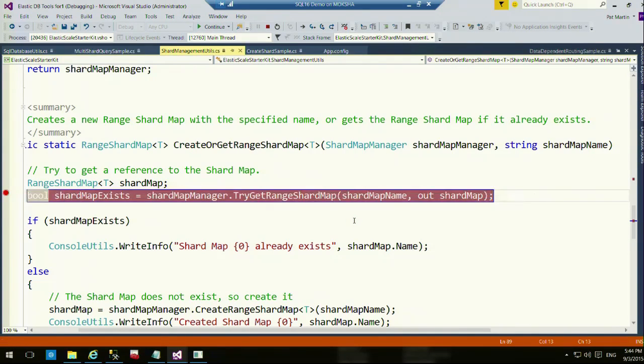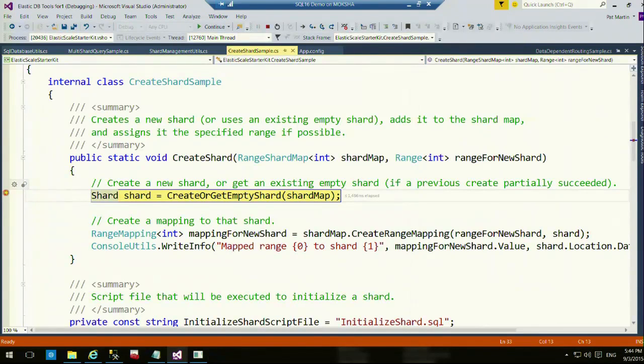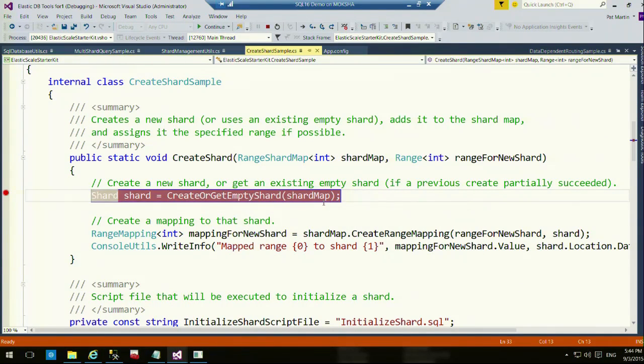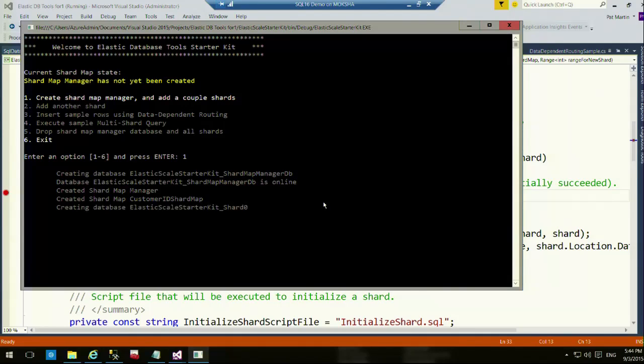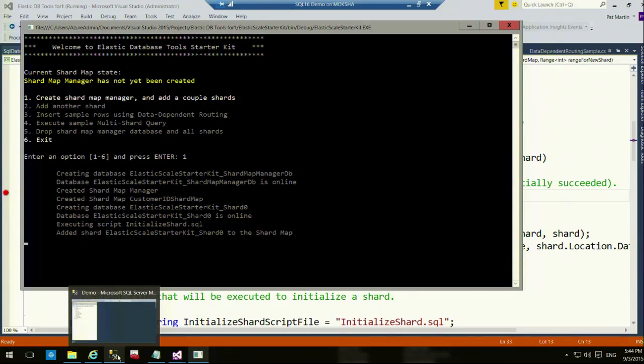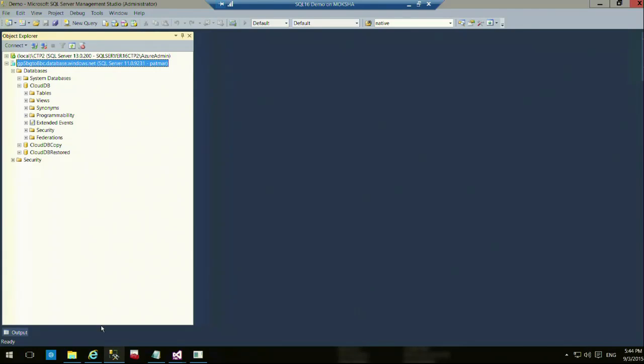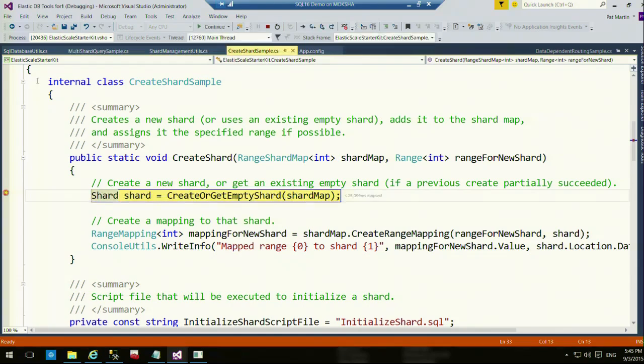It's getting a shard range map. Let's move on pretty quickly here. And now it creates a shard map. The shard map is where everything's kept. And it's just a table. Right? So it's going through, it's creating the shards, and it's creating the shard manager database, which is holding all the metadata that holds these things together, and it's creating the shards. All right, so if I let that just go on a little bit, and then what we should see, once it's come back to me,